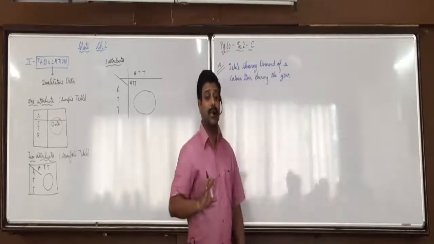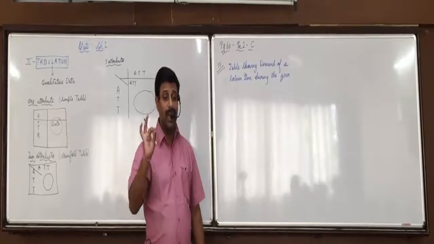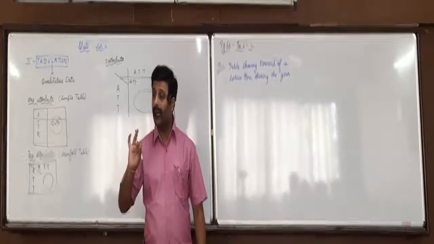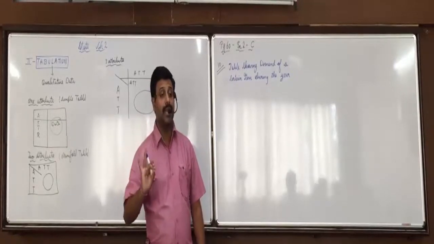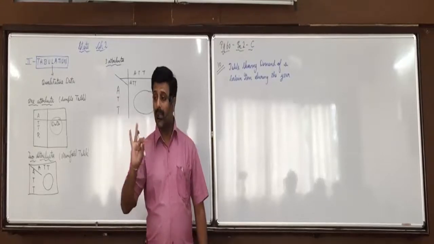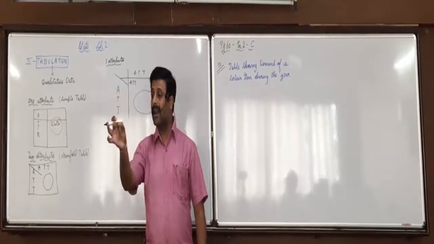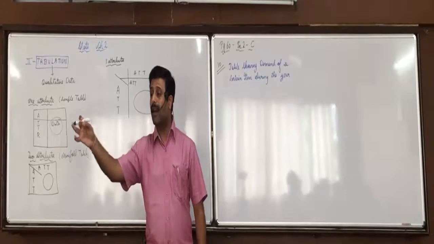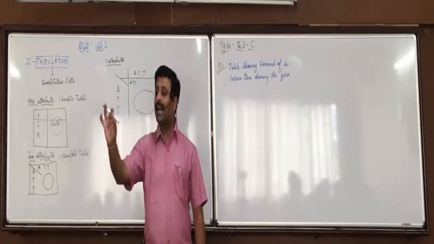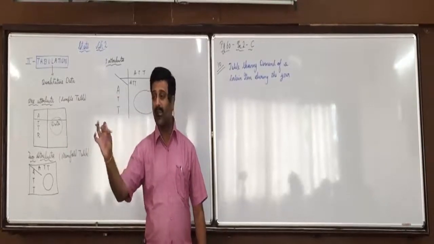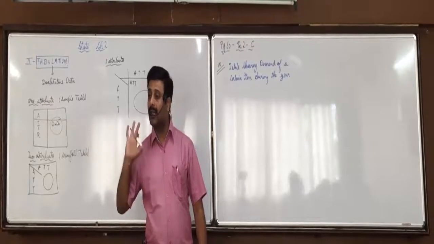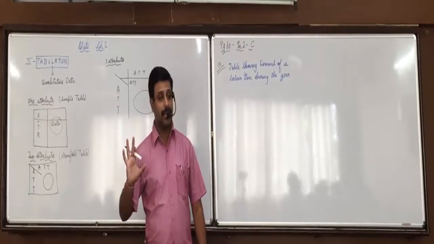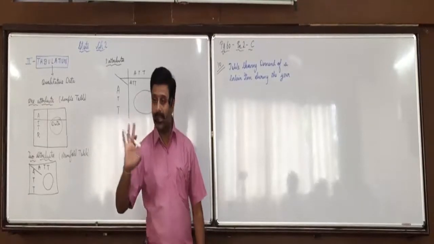How many attributes are there in this question? Only one attribute. What is that? Demand. Raise your hand who is not clear with that. All are clear? In the beginning we read the demand of a certain item is good, moderate and weak. So there is only one attribute, demand. And what are the types of demand? Good, moderate and weak. Any confusion with this? Only one attribute is there, that is demand.